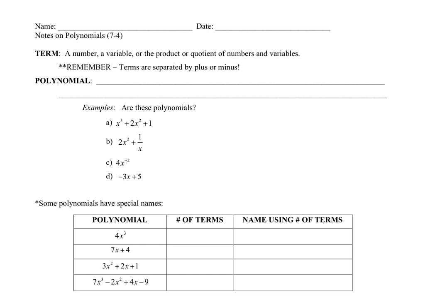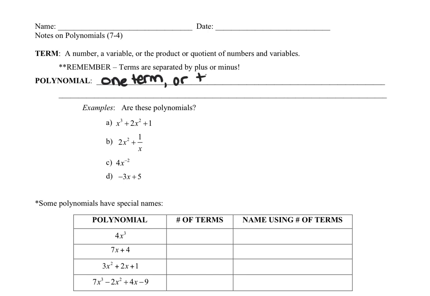A term can be a number, like 5, a variable, like x, or the product or quotient of numbers and variables together, so things multiplied or divided together. Terms have to be separated by pluses or minuses, so if you're counting them, that's what you're looking for as separation. The next definition is polynomial, and a polynomial is one term